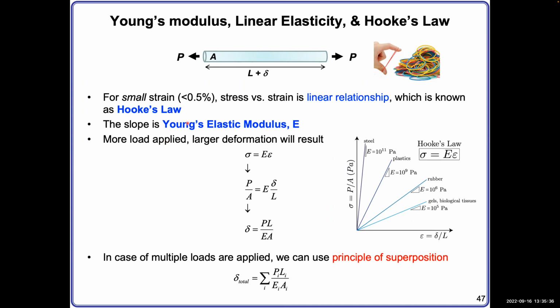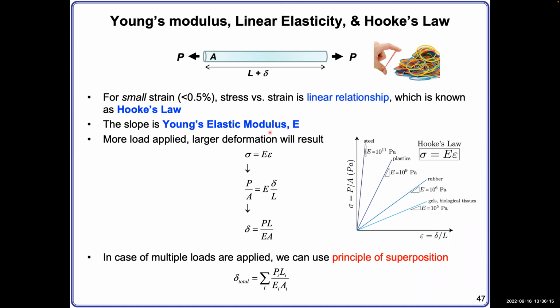If you learned optics before, you will know the interferometry developed by Thomas Young, and he also made a great contribution in mathematical calculus. There's a book called The Last Genius, which is about Thomas Young. When he studied material properties, he found that at small strain, stress and strain have a linear relationship, and that relationship is called